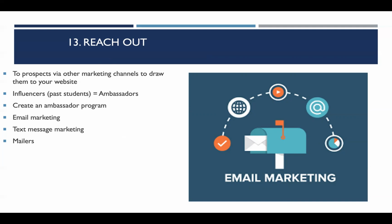And also developing some sort of email marketing, text message marketing, and also focusing on including your website in any kind of mailers that you're putting out for your program. So again, it's important to have that all-encompassing marketing strategy, with your website being the forefront of that, and then all of these other elements supporting driving traffic to your website, because your website is going to be the